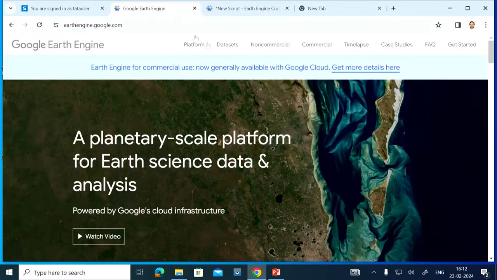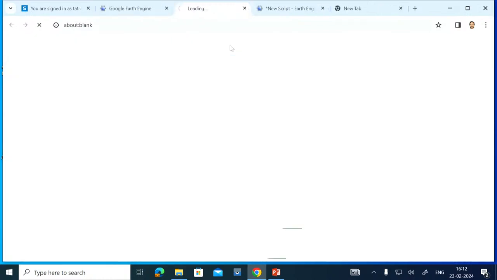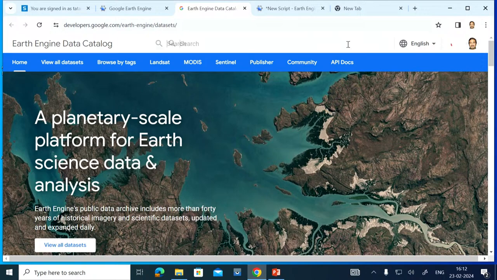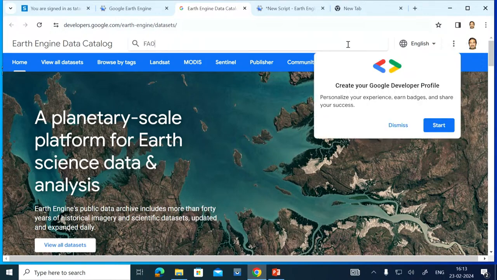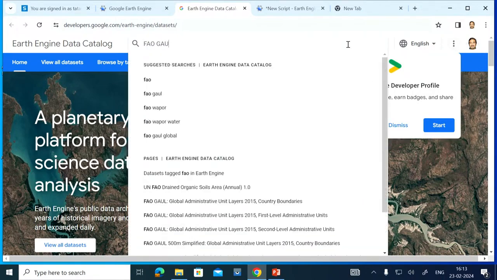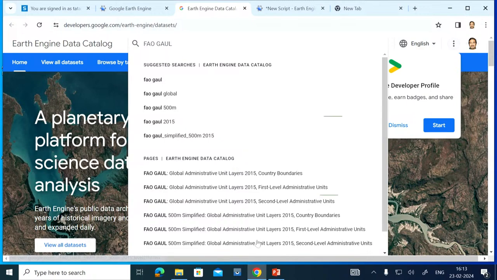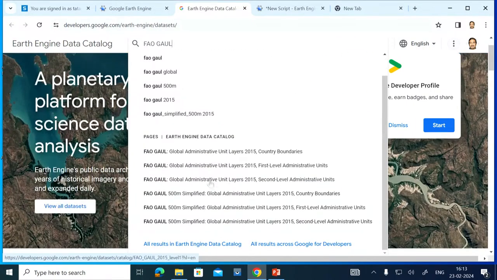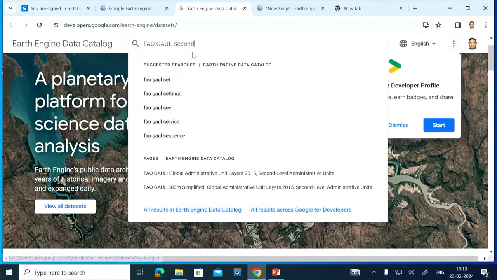So what we can do is go directly to the Earth Engine datasets. I will type here in the dataset search, FAO GAUL. From here I can see one by one all those datasets. This one, GAUL second level administrative units.